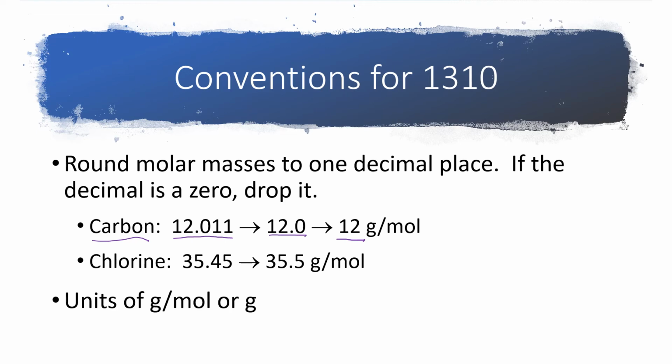Chlorine, on the other hand, behaves a little differently. Chlorine, if you look at the periodic table, says something like 35.45. If we round this to 1 decimal place, we get 35.5. So let's just leave it there at 35.5. And then again, for the units, we can either write grams per mole,